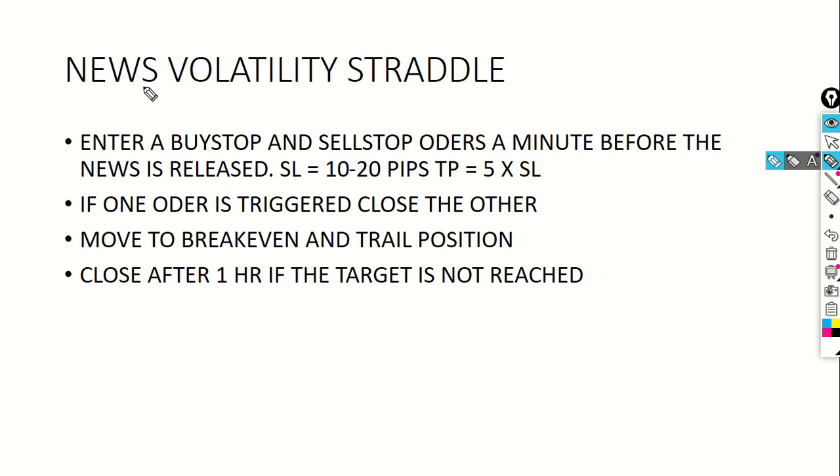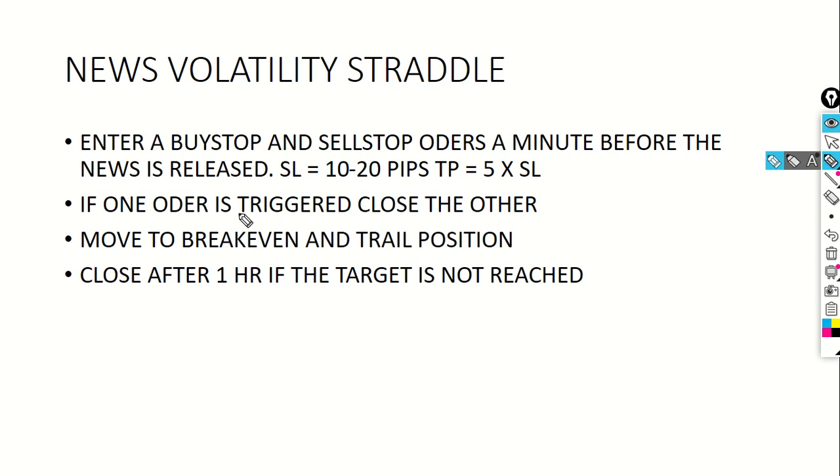So what you're doing in here is that you enter a buy stop and a sell stop order. So these will be pending orders, buy stop and sell stop orders, just 1 minute before the news is released. The earlier the better. Some use robots so that they can enter even 5 seconds, 7 seconds, 3 seconds before, then they set their pending orders, but manually it has to be 1 minute before. 1 minute is good. It's also called the 1 minute strategy. If you have heard about the 1 minute strategy, this is the 1 minute strategy.